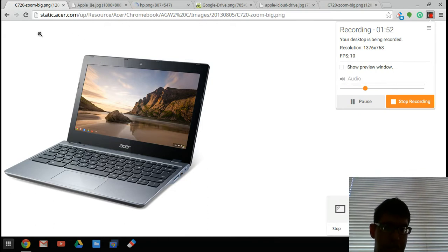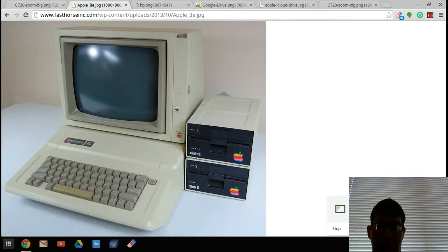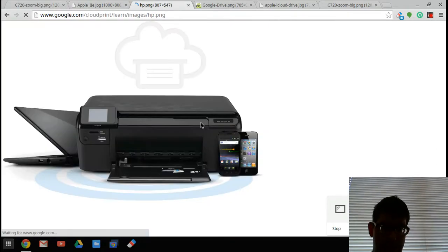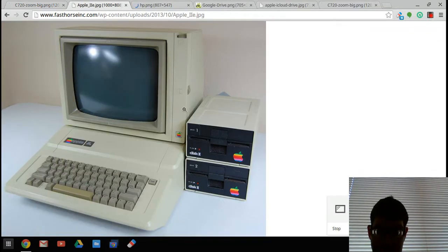If I can get this thing to cooperate. There we go. Oh, now it works. Maybe I was hitting the wrong key. Anyway,